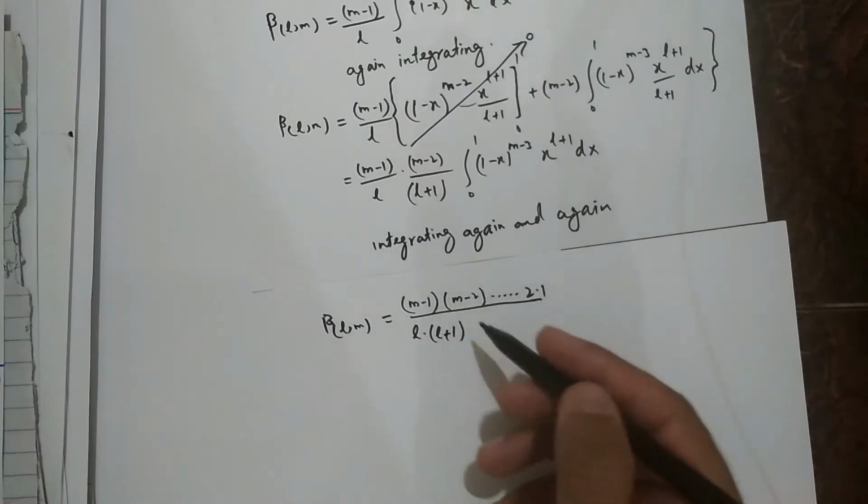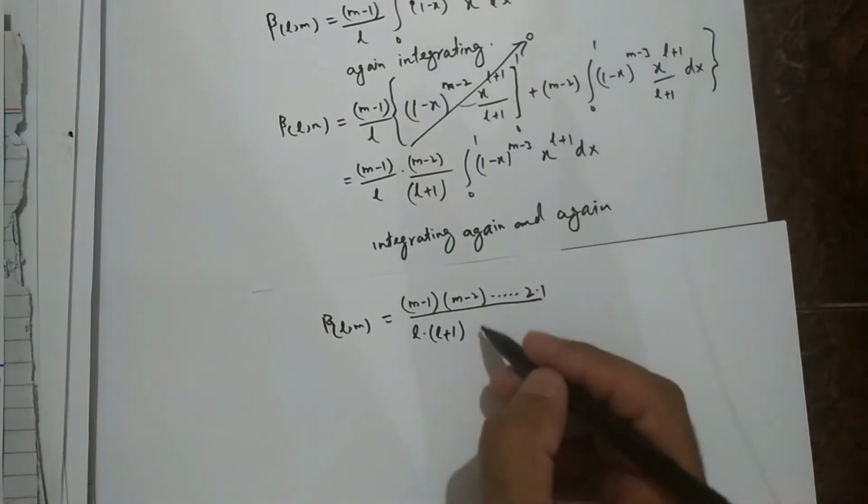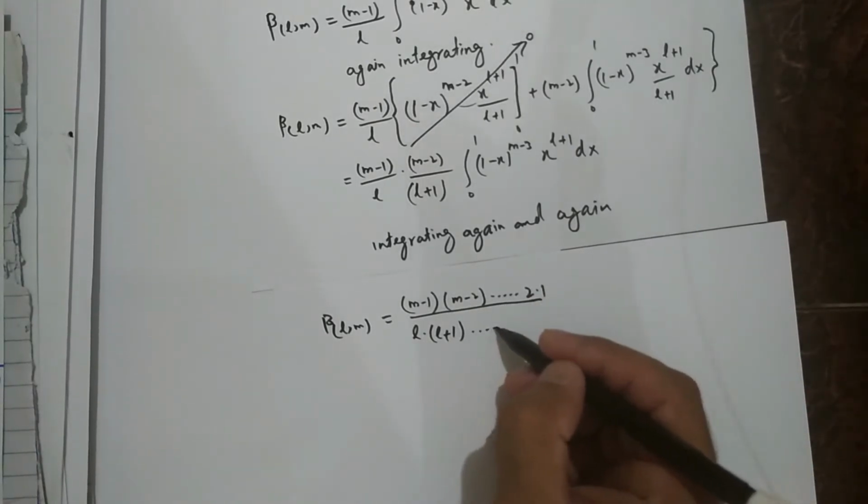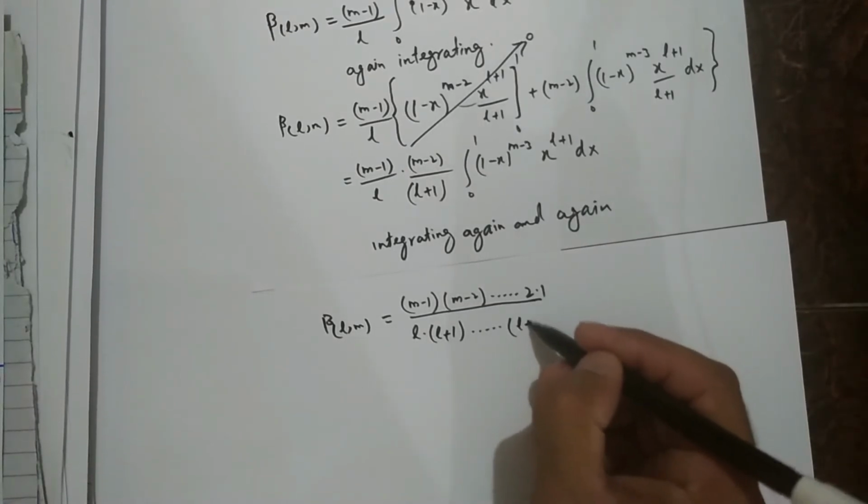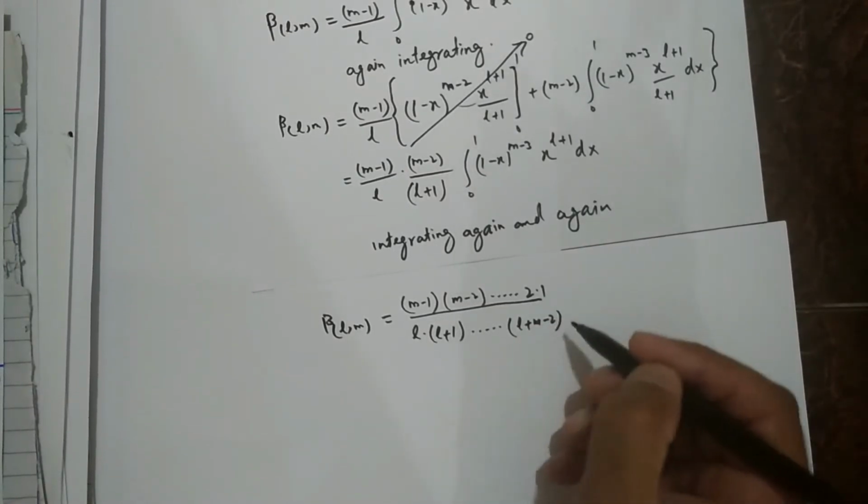In the next step we will get L plus 2 and so on, until we get L plus m minus 2,